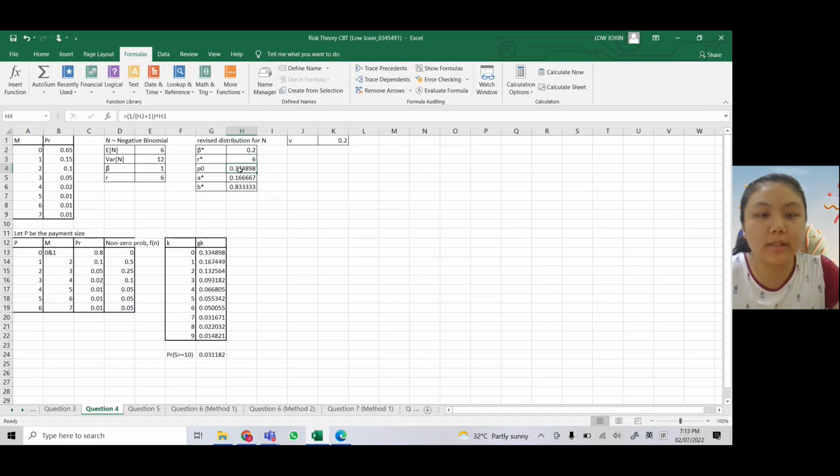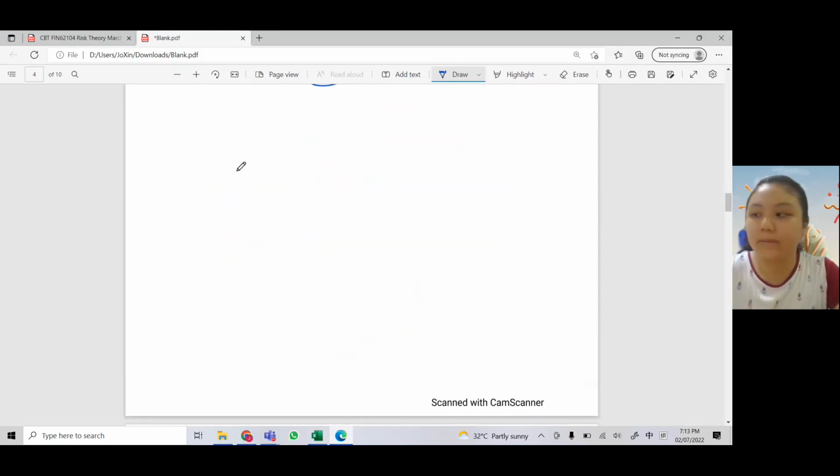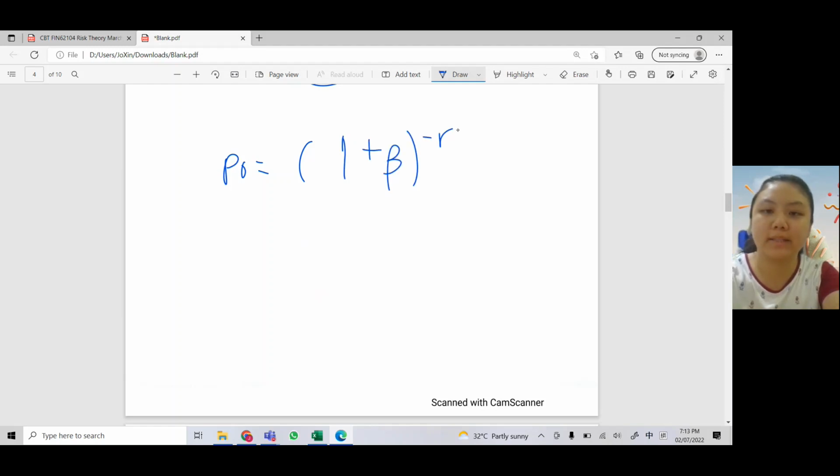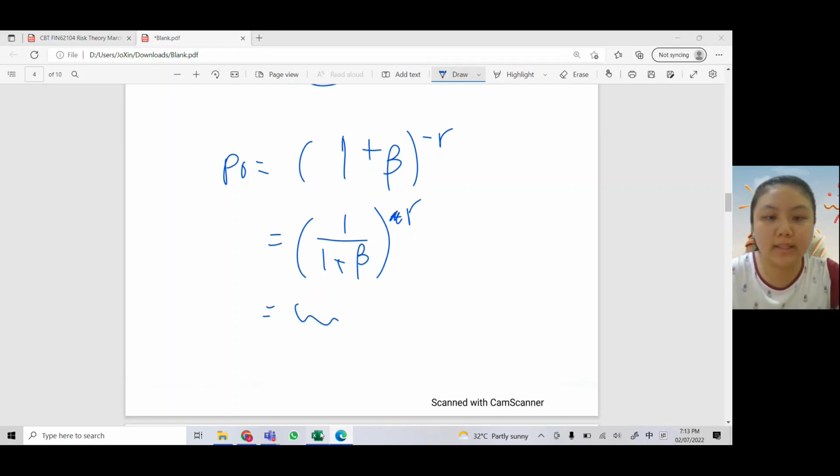The p0 here, according to the formula sheet, equals 1 plus beta to the power of negative r. So this is 1 over 1 plus beta to the power of r. We will calculate this, and we get